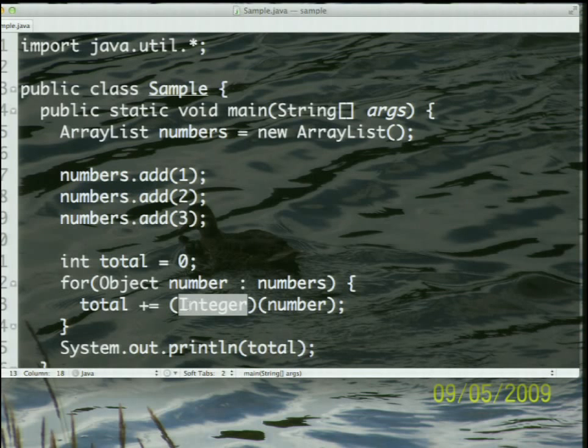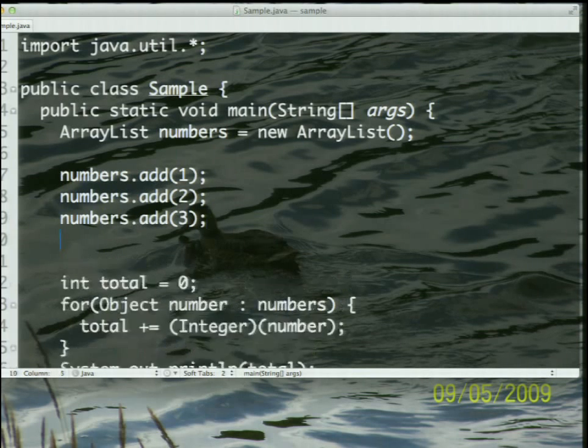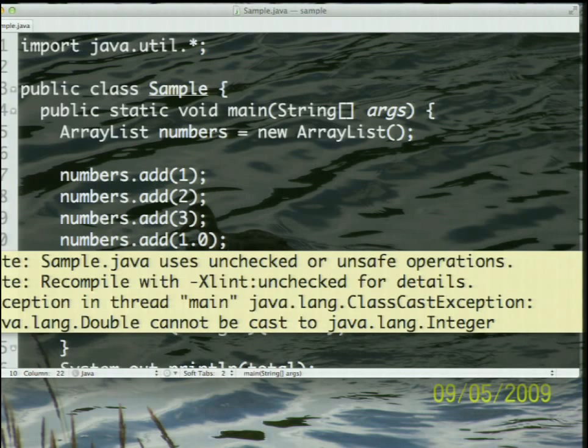So rather than doing this, one of the other problems here is that numbers.add, and if I say 1.0, notice that we are not going to get a compilation error at this point. So when I run this code, you can notice that we actually are getting a runtime error, the class